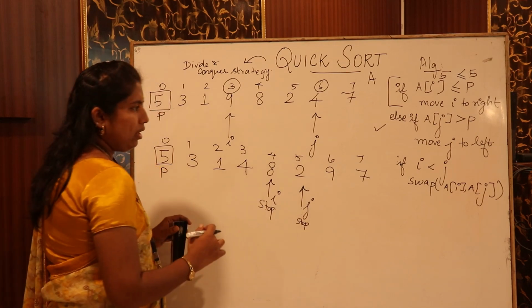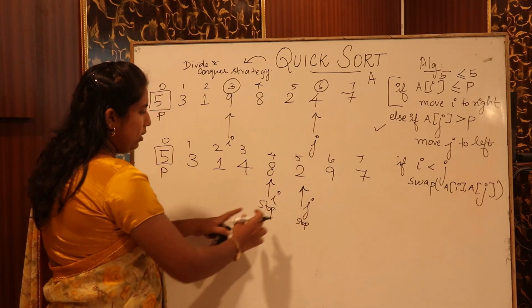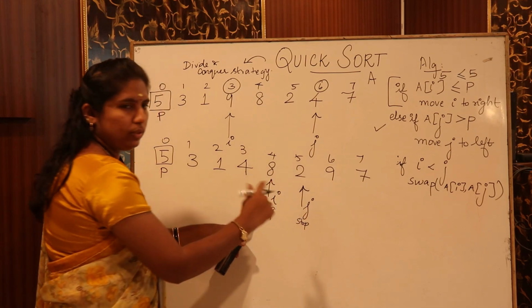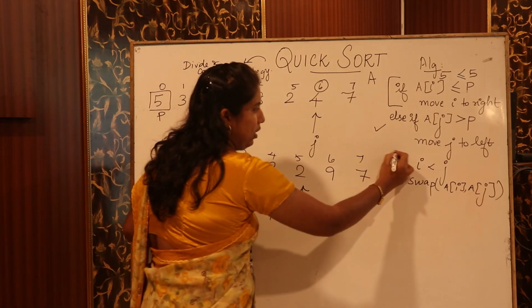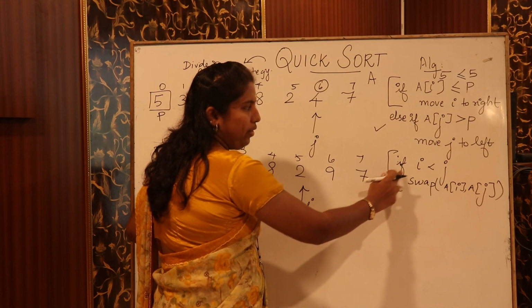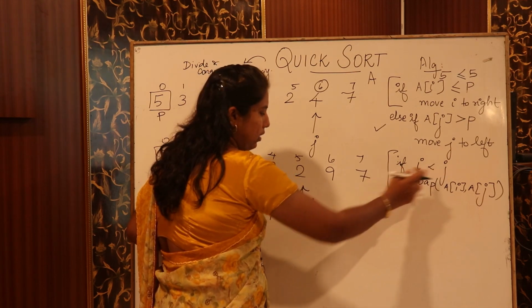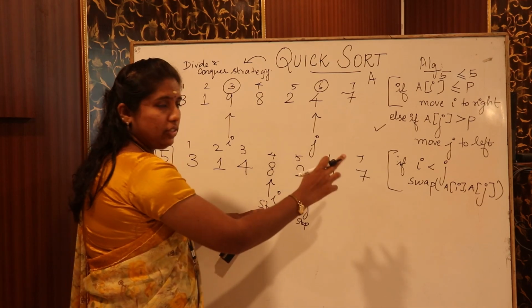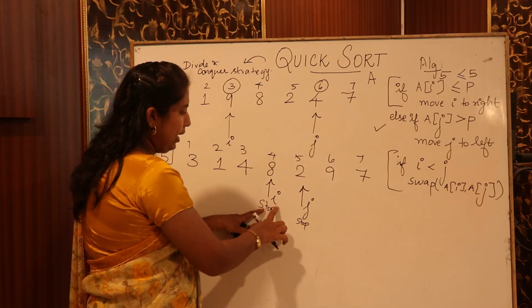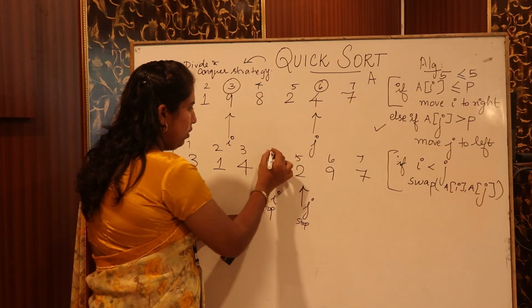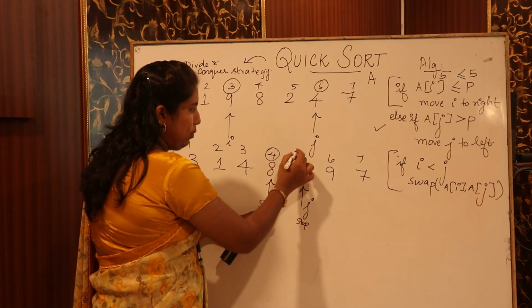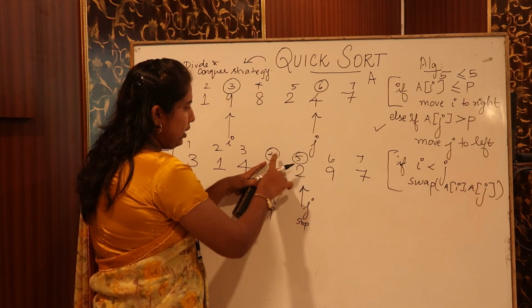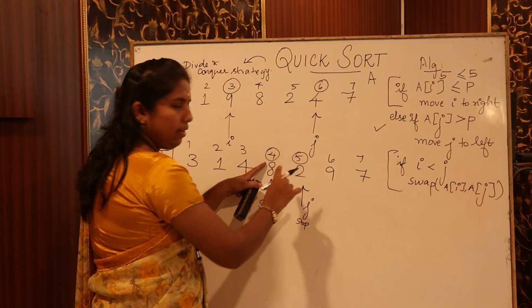jth value. The next step is that when the I and the j stop at some position, then we have to go to the next condition, which is nothing but I have to check if I is less than j. So the index values I and j refer to the index value. Here the index value of I is 4 and the jth index value is 5. So I have to compare these two things. Here 4 is less than 5, it is correct.